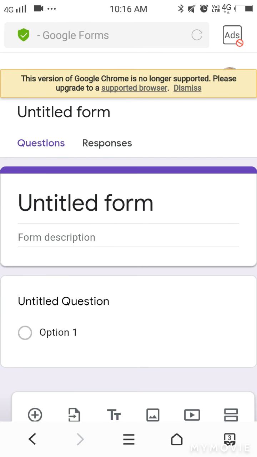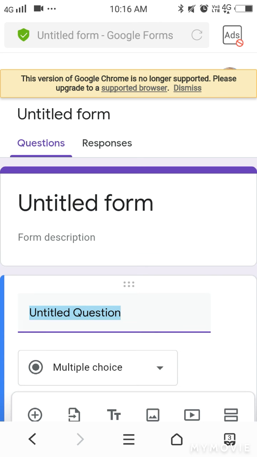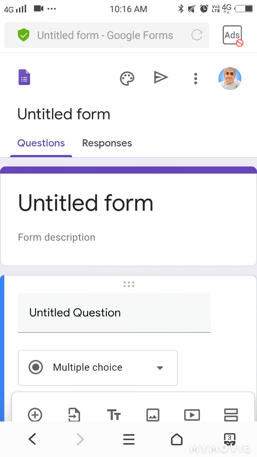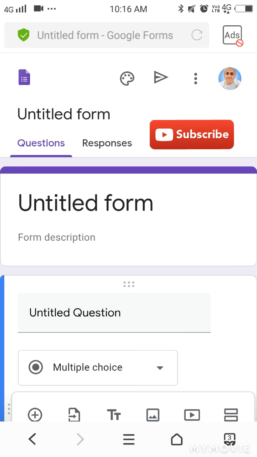It will ask for the Gmail ID for sign in. Mine is already signed in, so that's why it's not asking. Before this, if you don't have a Gmail ID, you can make it, because it will ask for the sign in using your Gmail ID. Okay, so after that your form like this will appear in front of you, and these are the following options